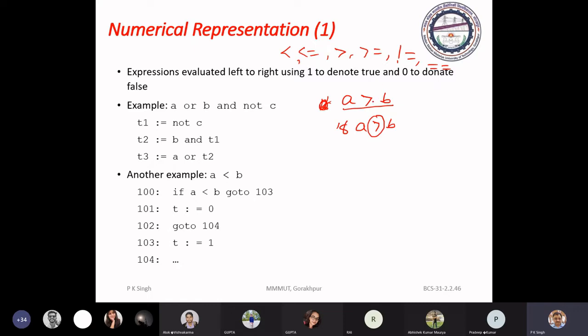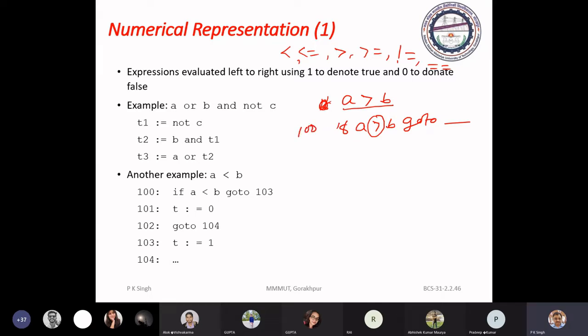So if A is greater than B, then go to a label. Suppose it is 100.